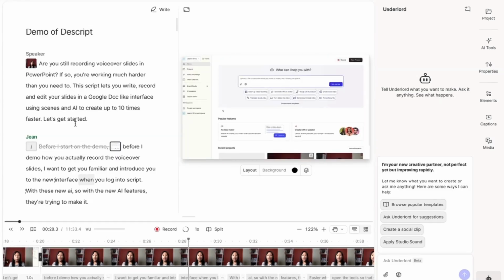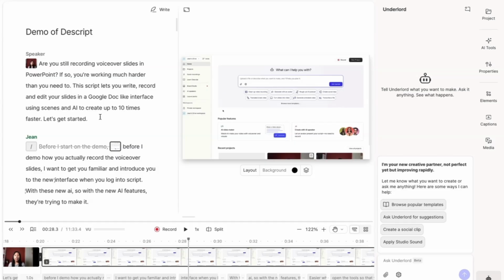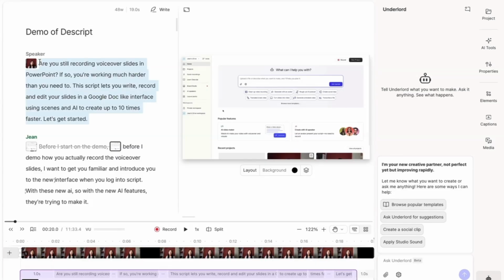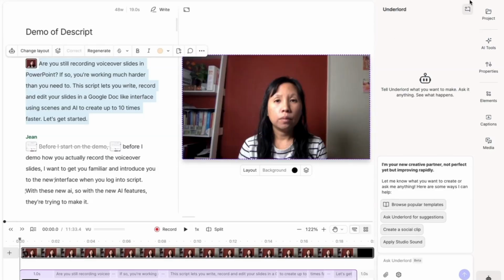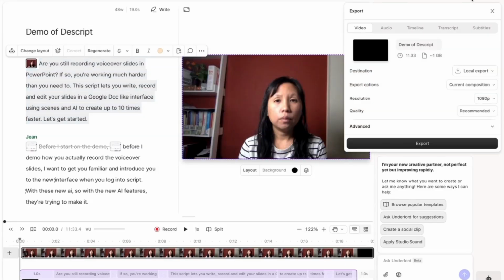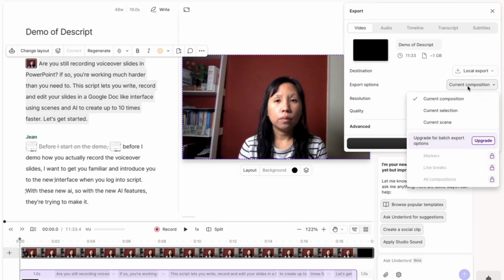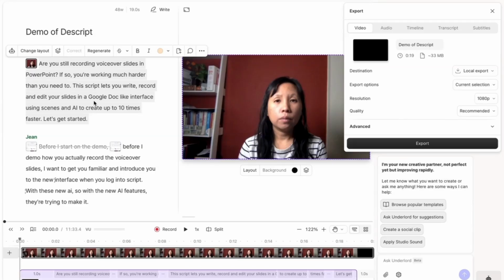And so rather than export them all as one file, because they're going to be individual lessons in my online course, what I can do is highlight this scene and then click on export. And then I can do local export and then select current selection, because current selection and or current scene, because that's really what is important for me to tell Descript, is that I only want this current selection,